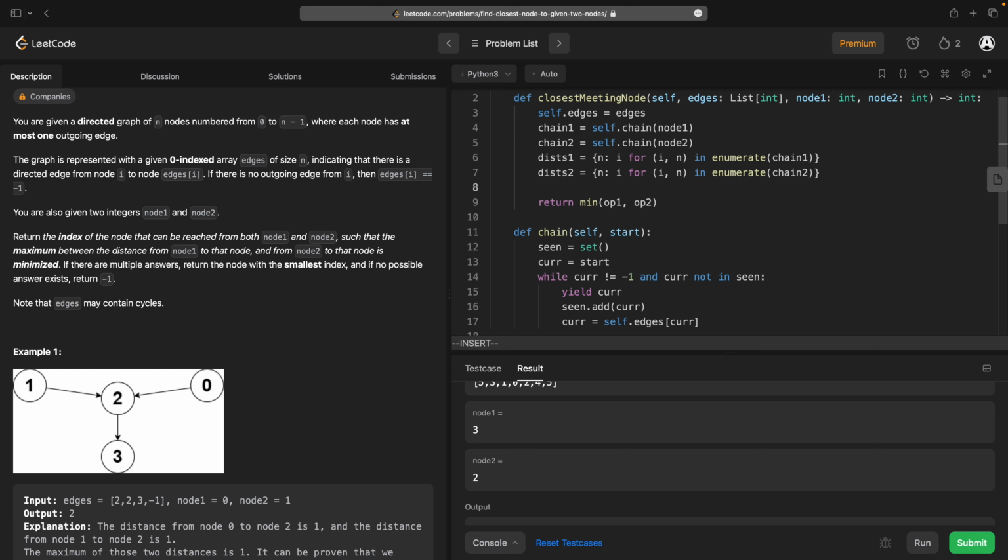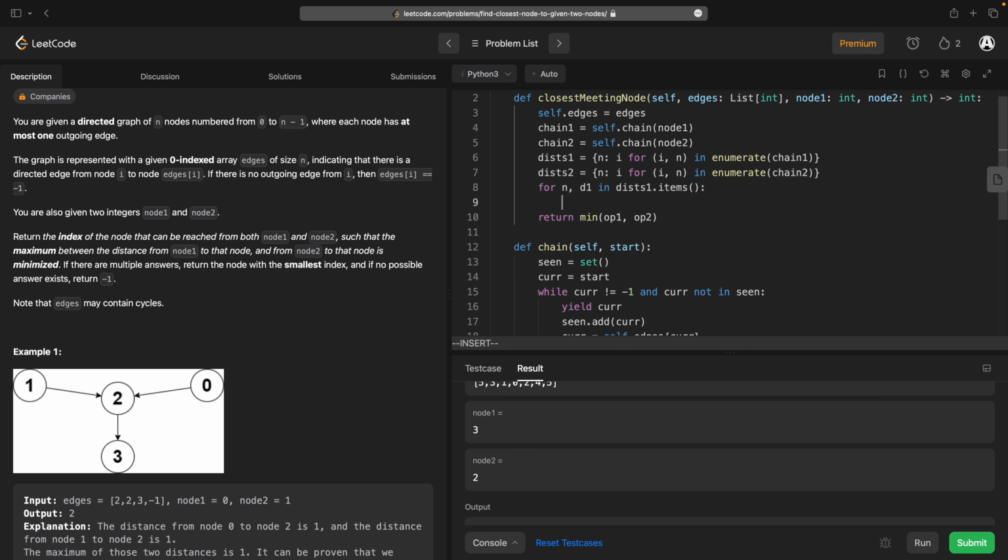How can I do this without doing it quadratically? For n, d1 in dist1.items, d2 is dist2.get n, float infinity,